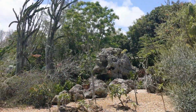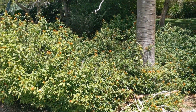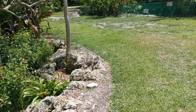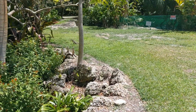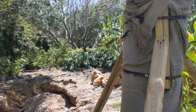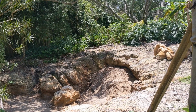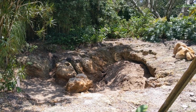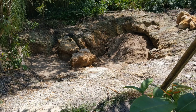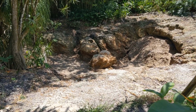This is the spiny plant garden. That is the giant iguana bush. Scared the heck out of me. And there's another one over there. This exhibit is in the process of being created, and I'm sure it's going to be fantastic. Right now it's just a giant hole in the ground, but it does go to show that yes, here in Florida it is more than